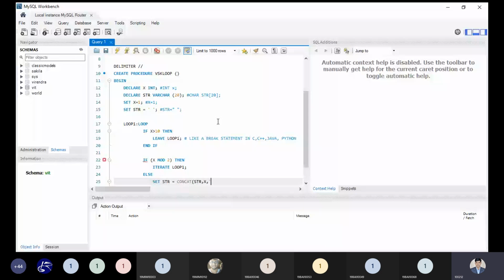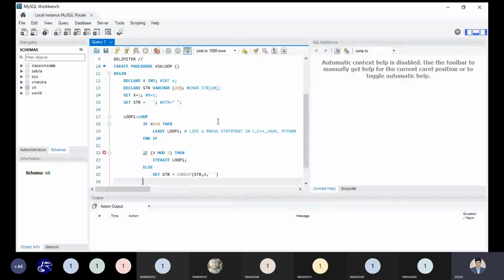And we have to pass this one, so the string variable will be concatenated by x. Of course that should be separated by a space. So we have this part. And now let me use the semicolon. Now end if,